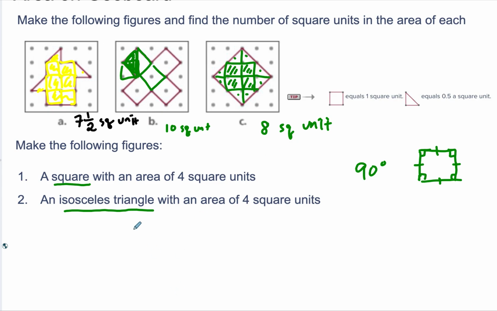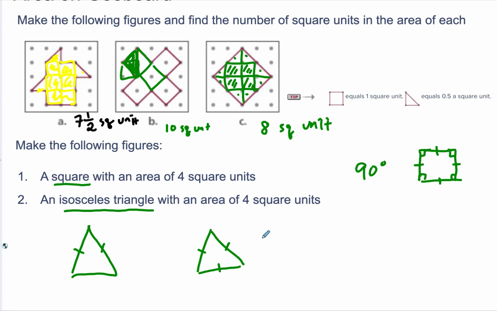And isosceles triangle: iso means the same, and isosceles means legs, so same legs. When you have 2 legs that are equal, we say that is an isosceles triangle. The third one doesn't matter. It can be different from this or it can be the same. If it is the same length, so all 3 sides are the same, especially we call that